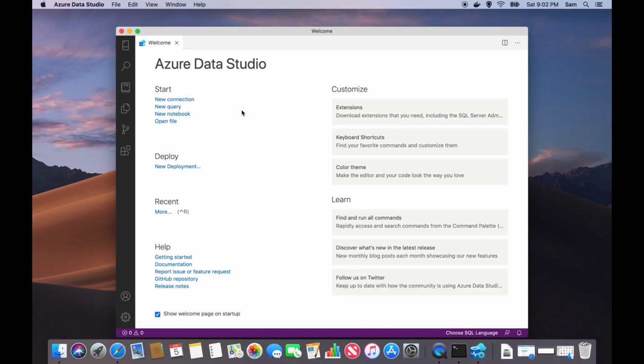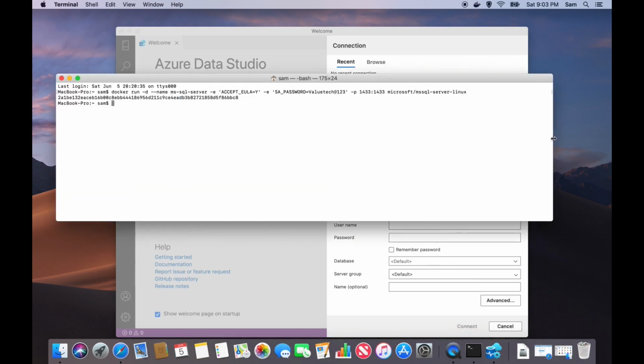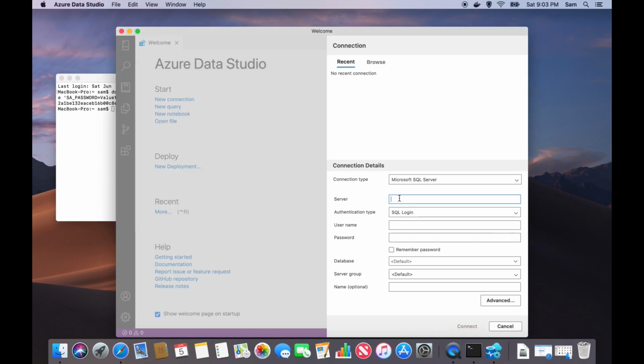Now if you go to the view connection, this is how we are going to connect to the SQL server that is running in your Mac. We need the server details like login information. You can see the server name ms-sql-server which you gave, but it's a local server, so you can just give localhost instead of providing the server name.